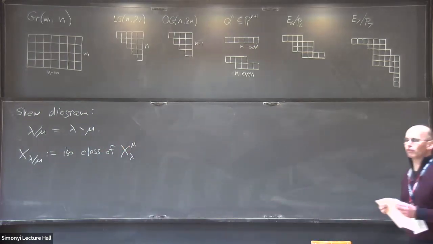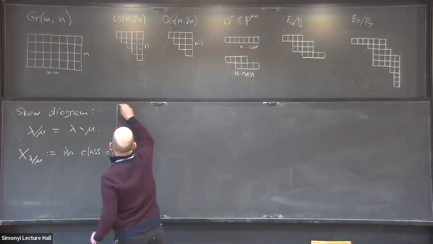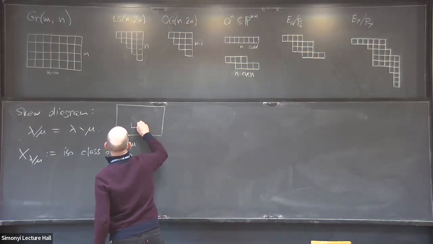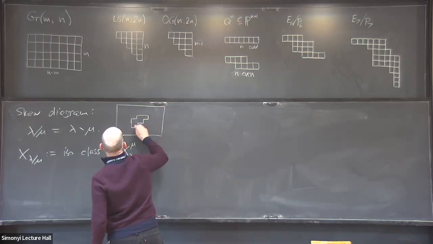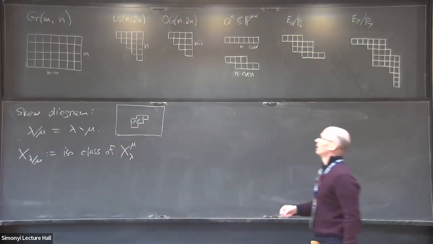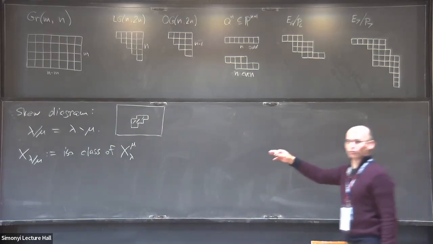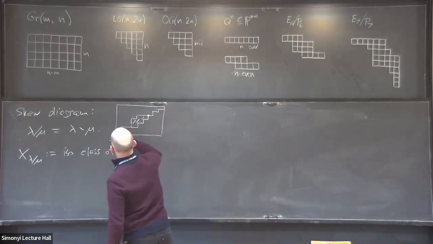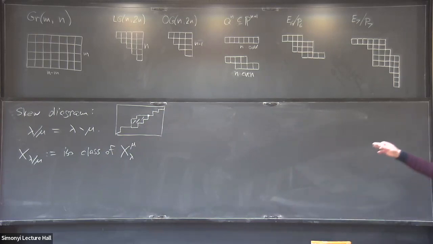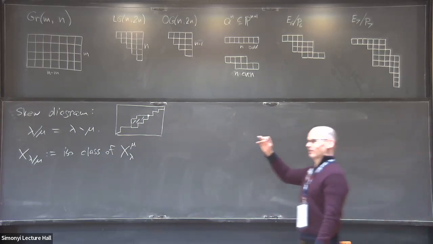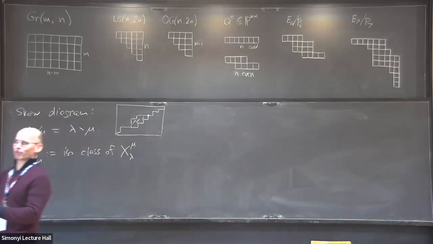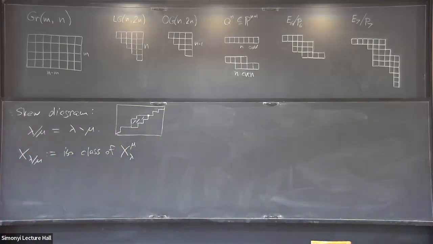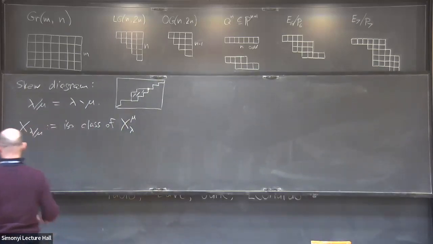Why do I have to say isomorphism class? Well, if you look at the skew shape here, there are actually many Richardson varieties that give that skew shape, right? I have to choose a connection from here to the corner down there. But all those Richardson varieties are related by a translation by a Weyl group element, so in particular they give the same isomorphism class. So in fact, there's a stronger theorem,